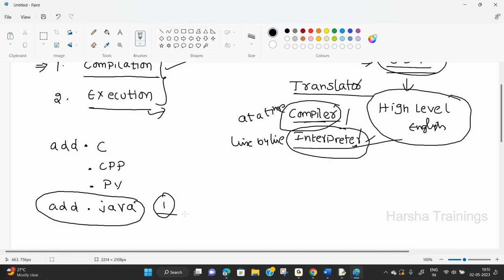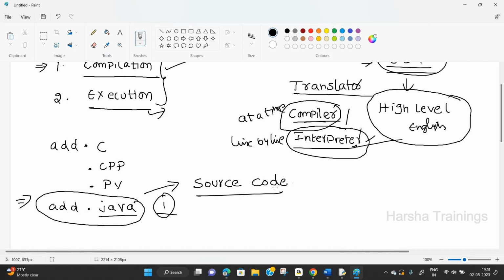Up to now whatever we discussed, all those are just basic information. So the first step you need to know is how to save a program. You are saving the program by using .java. Generally, the technical name for this is source code. What is meant by source code? The program that we have written is called source code.